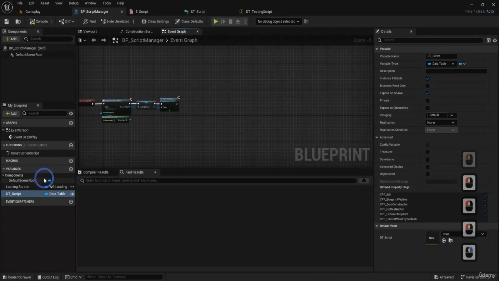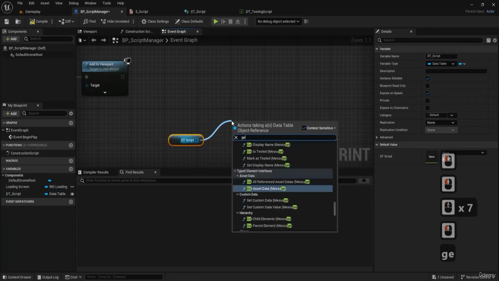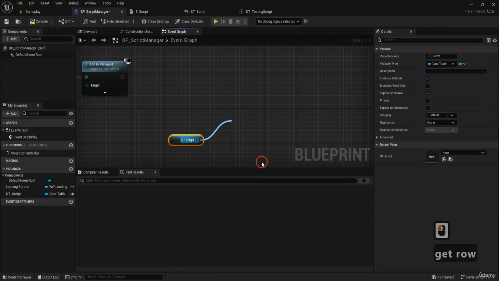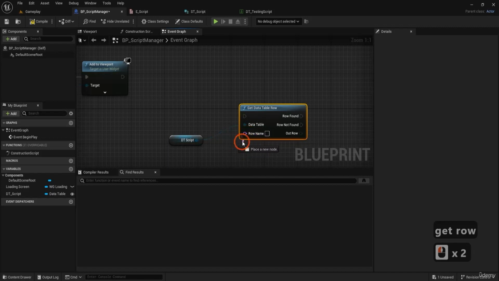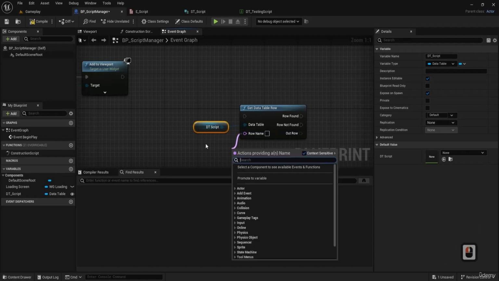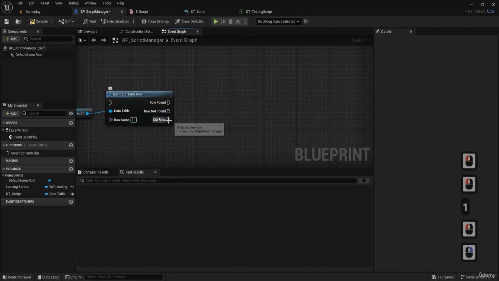Now, how do we get the data from here? I'm gonna drag this out, and I'm gonna drag from it get data table row. Now this requires a row name. As I said a few things about the row names, right now we have it on 1, 2, 3, 4, etc. So I'm gonna put here a default value of 1, and for the out row,